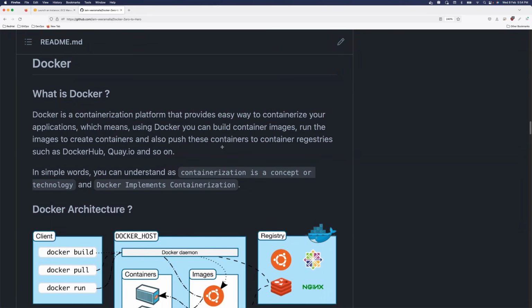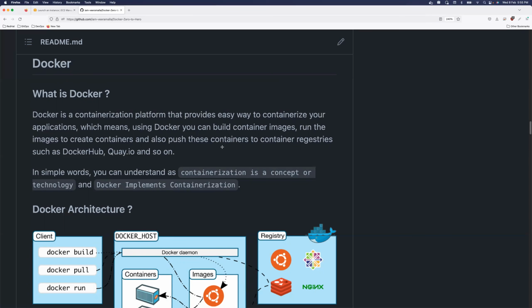Till yesterday, we were only talking about containers. Like I told you, Docker is just a platform. So what is this platform exactly? A platform, you can simply understand like, if you consider Docker as a technology, or as a concept, then Docker is a platform that implements this concept, right?